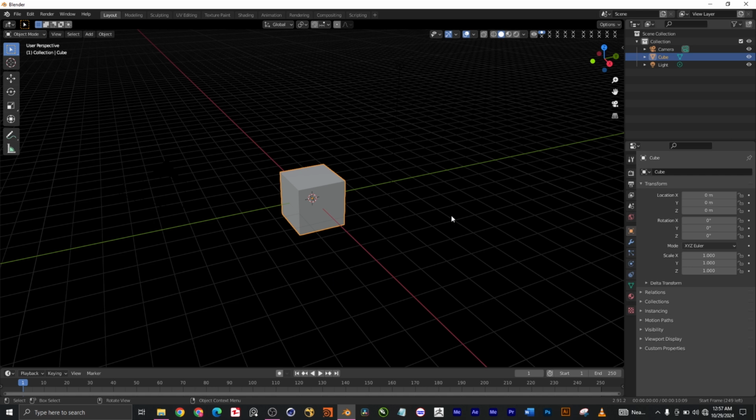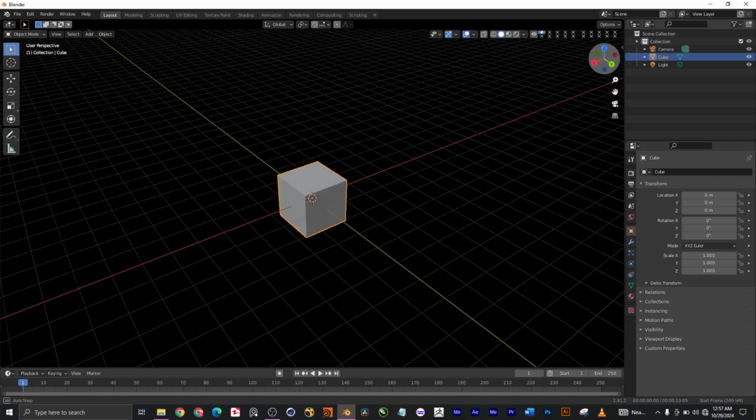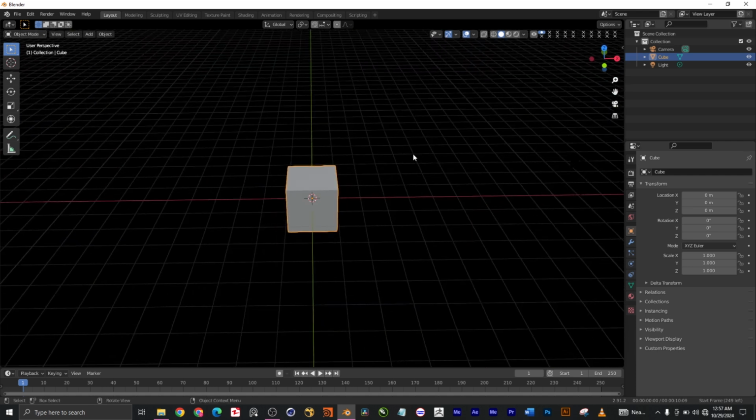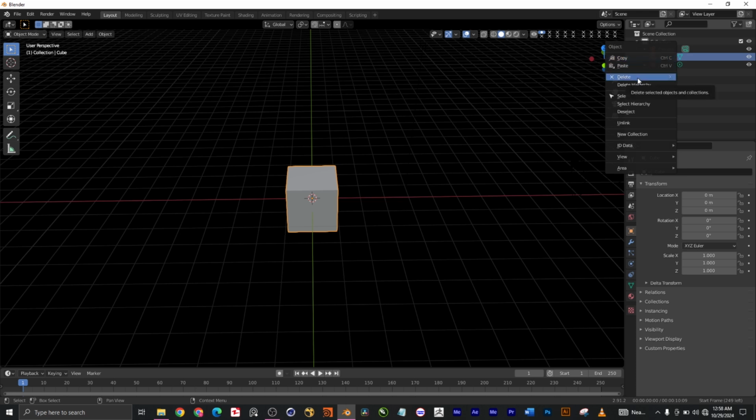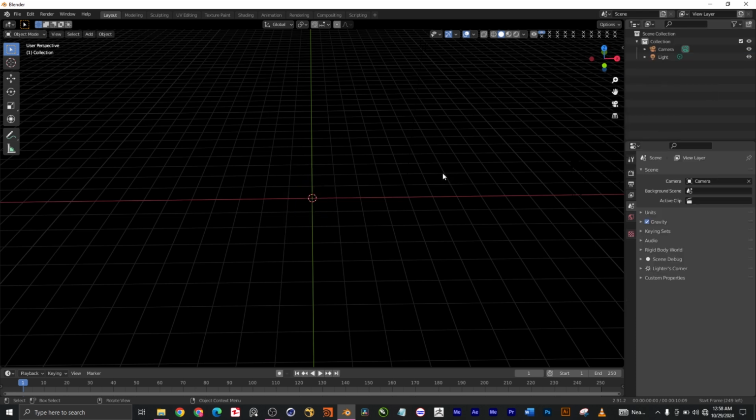So this is what you get in default. I'm just going to delete this cube right here by pressing X, or right click to delete it, or press X to do that. So I'm going to start by